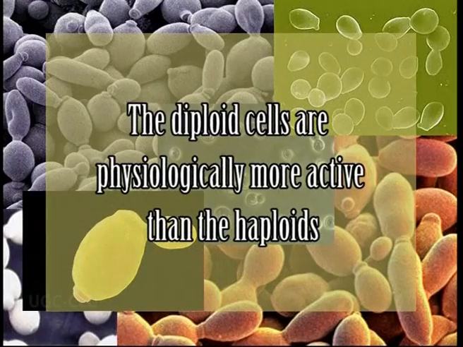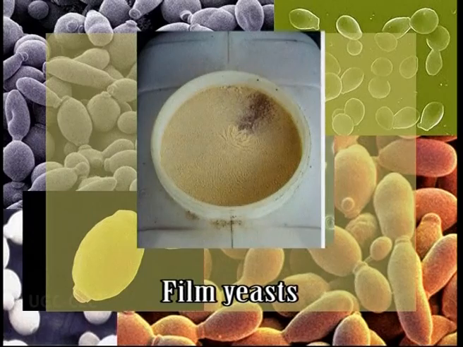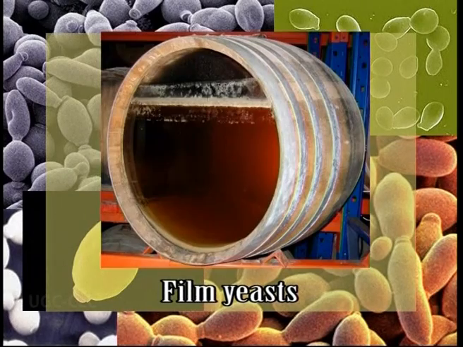The diploid cells are physiologically more active than haploids. The oxidative yeasts may grow as a film, pellicle, or scum on the surface of a liquid medium, and they are called film yeasts. Fermentative yeasts usually grow throughout the liquid medium and produce carbon dioxide,